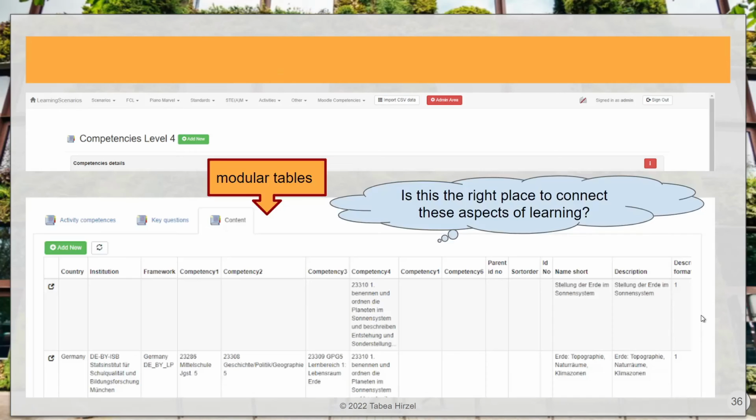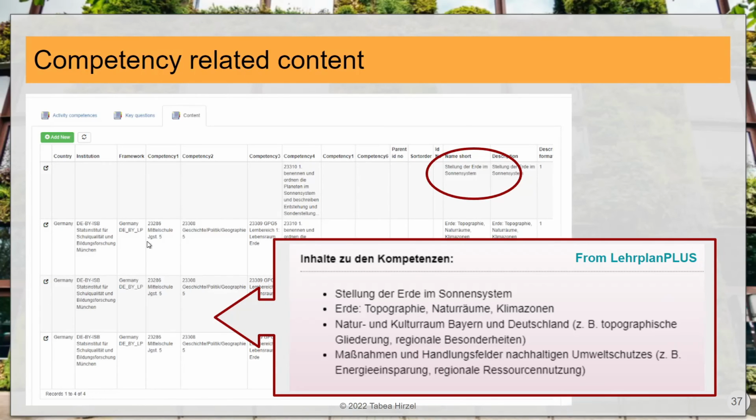So you can search for it and you can connect activities, key questions, and contents to a competency. The Germans, for example, have already defined contents, Inhalte, related to competencies. So I use this, we can see here from the Lernplan Plus, to add it here to the relevant competence.